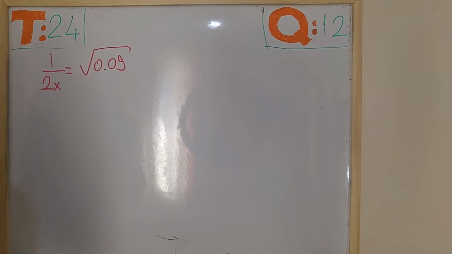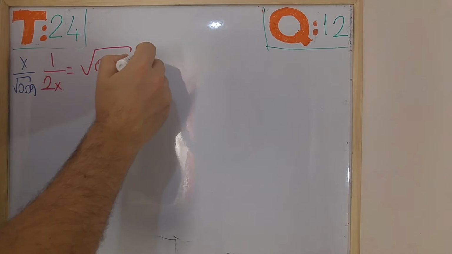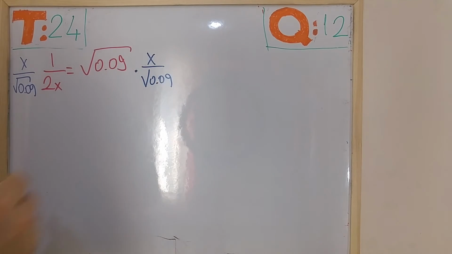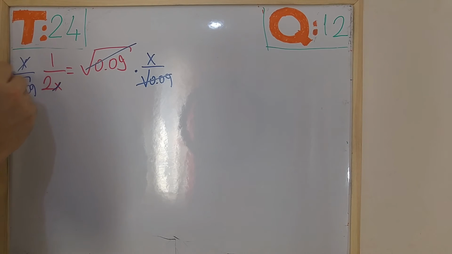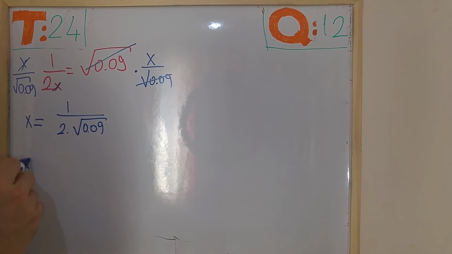Multiply each side by x over square root of 0.09 in order to leave x alone. These will cancel out and these will cancel out. So what I'm going to have in my hand is x is equal to 1 over 2 times square root of 0.09, which is going to be equal to